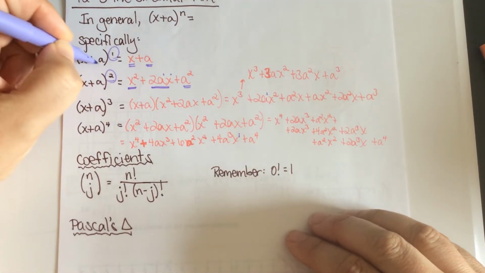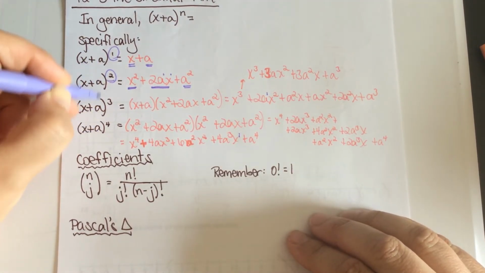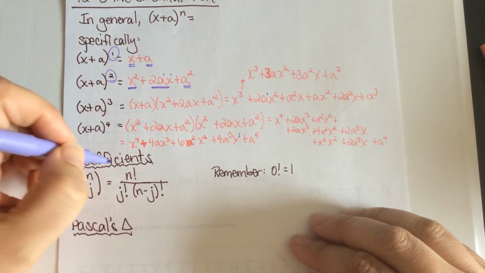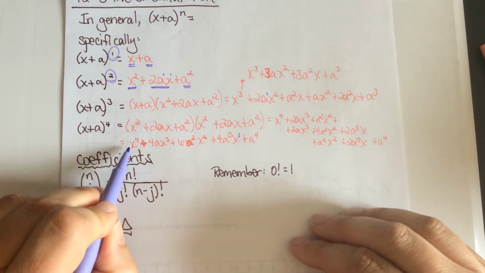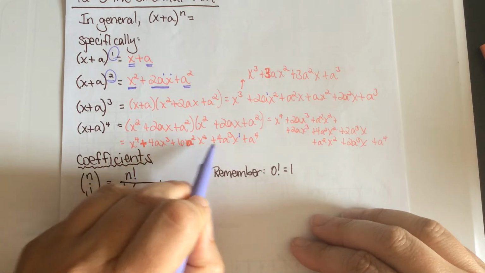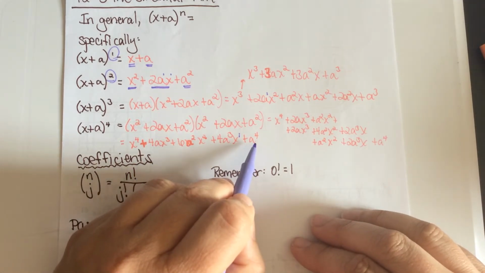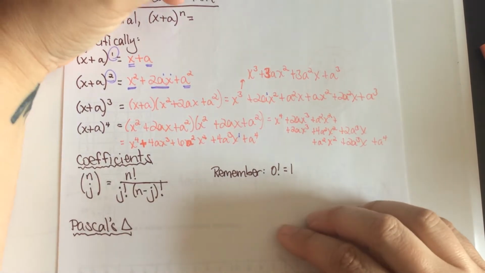The second term in the binomial starts with nothing and increases. So this is a to the 0, a to the first, a to the second, a to the third, a to the fourth. Okay, so we're going to note that